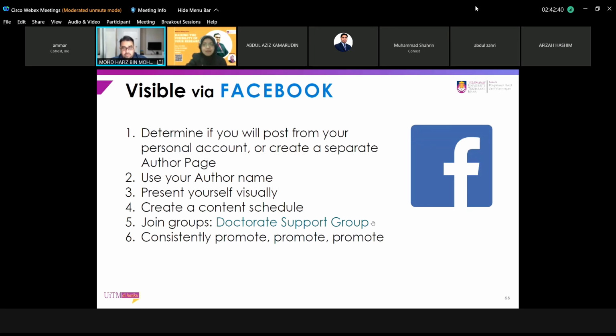So doctorate support group ni pun antara yang popular lah among researcher. But the reason why I mix antara personal ataupun my personal matter dan juga publication, because beside sharing my research work and everything, I also want to highlight that orang yang memang sibuk dengan research doesn't mean that dia tidak ada life. They enjoy the life. So I always practice that work hard, play harder lah. So I just want to reflect that actually I'm doing my work, at the same time I'm enjoying my life